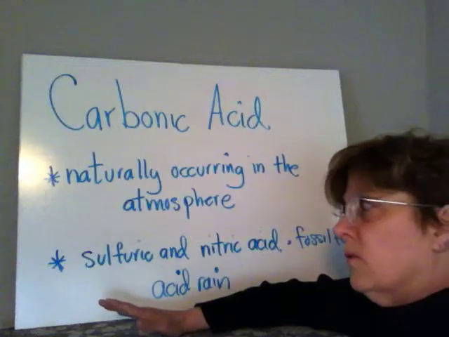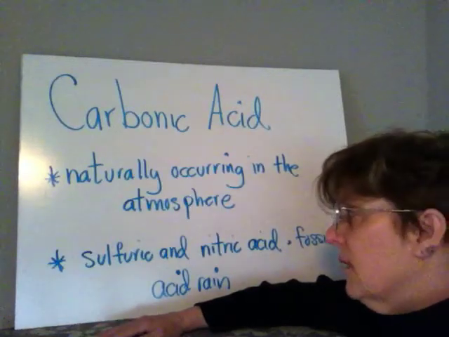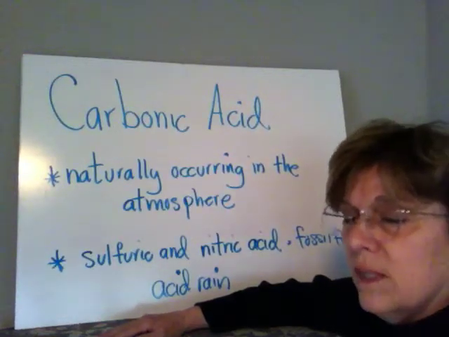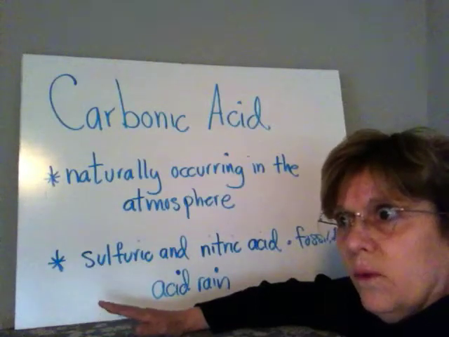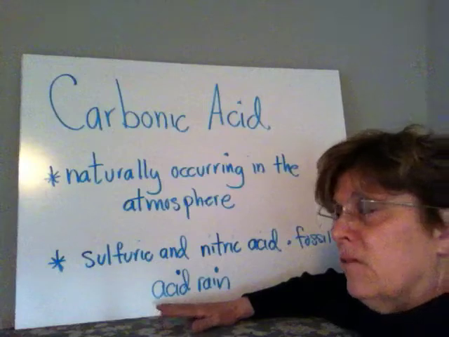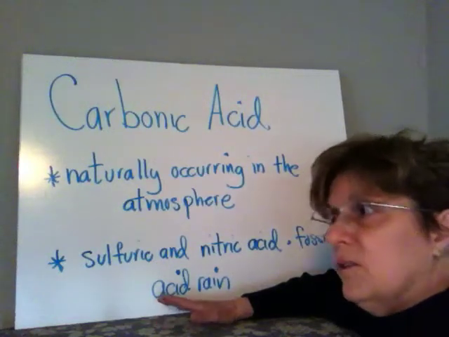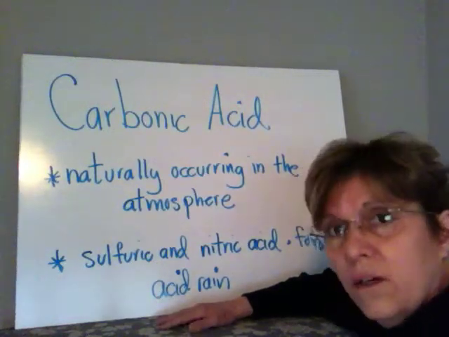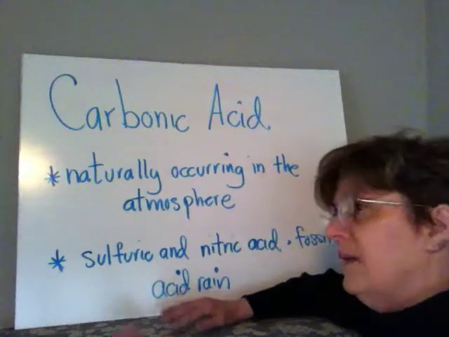Again, this will combine with water droplets that will eventually become clouds, and then the rain that comes out of the clouds will be way more acidic than natural. And this is called acid rain. It falls on statues, rocks, and things, and causes increased weathering and pitting on the rocks.